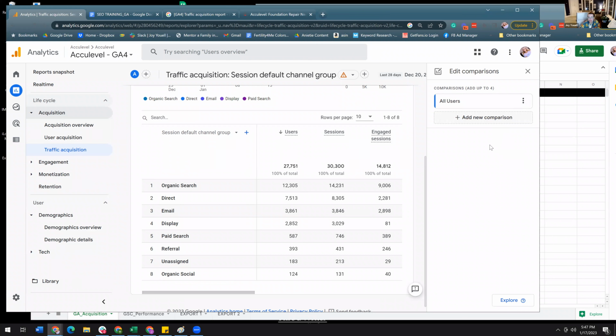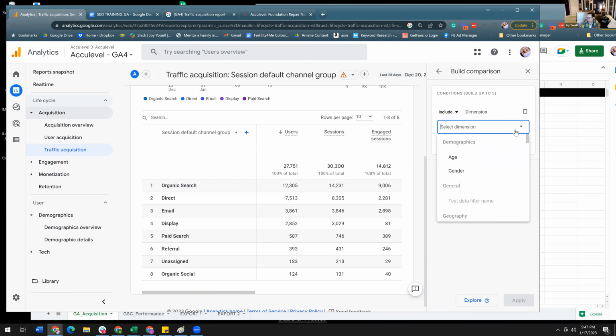You can do a lot of comparison data. If you remember on Google Search Console, we were able to take the line graph and bump it in a comparison, 30 over 30, right? With date range comparisons and things like that. You can do similar things in here, but probably even more complex because you have multiple dimensions to play with. You can get a little crazy, but it is kind of awesome to look at the way you can build